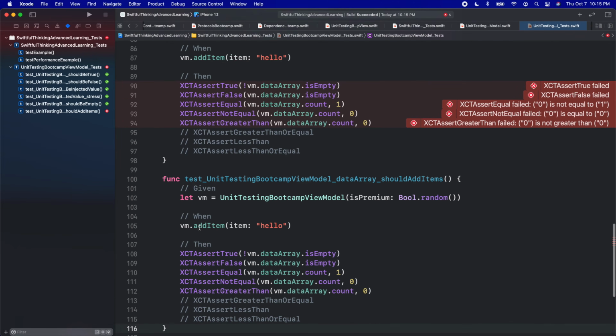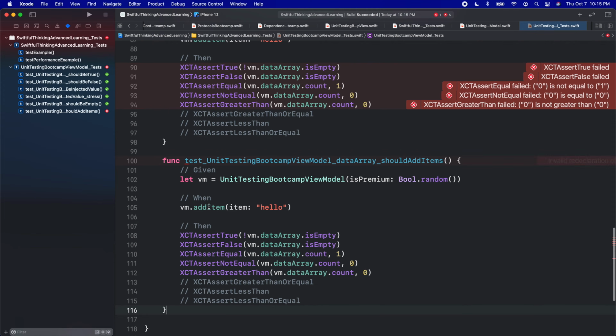Let's paste another one down here. This time, let's call vm.addItem. Let's use a blank string, and let's be as explicit as we can here. Data array should not add blank string. So here we're going to test that if we add a blank string, it does not get appended to the data array. So here we basically want to assert that the